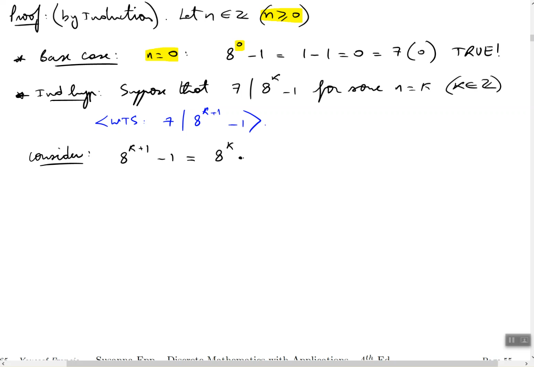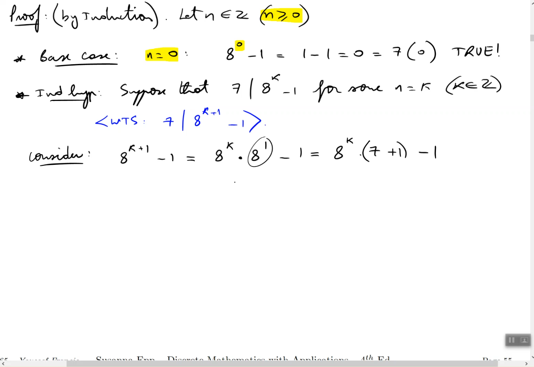So I'm going to start by breaking the k plus 1 apart into k and 1, putting the 8 with each one of those powers, and then take the 8 itself and break it apart. And this time I'm going to break it apart into a 7 and a 1